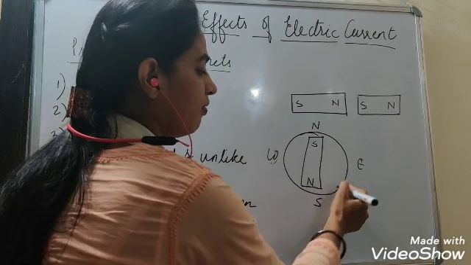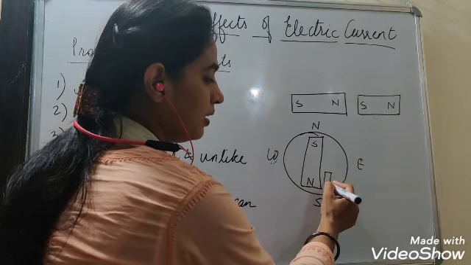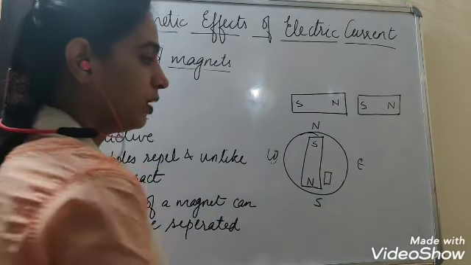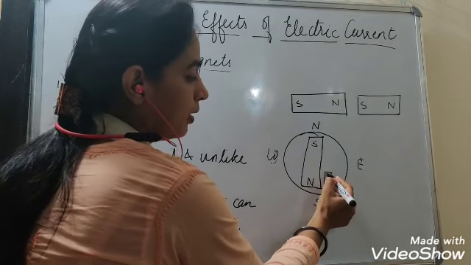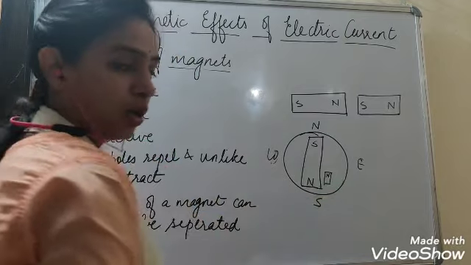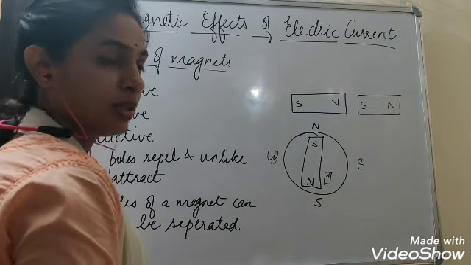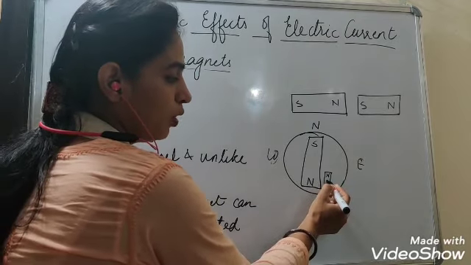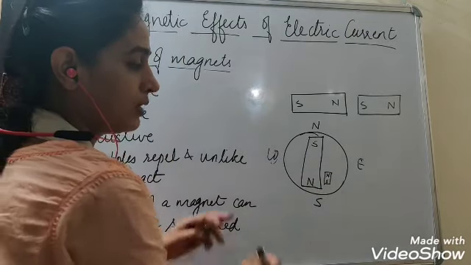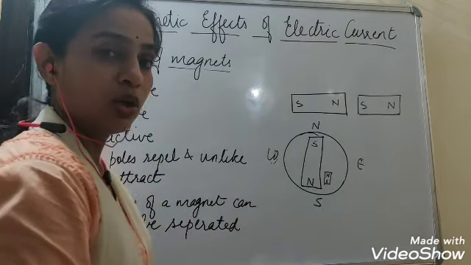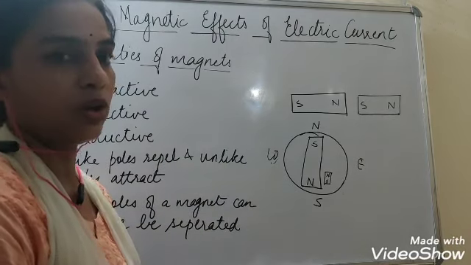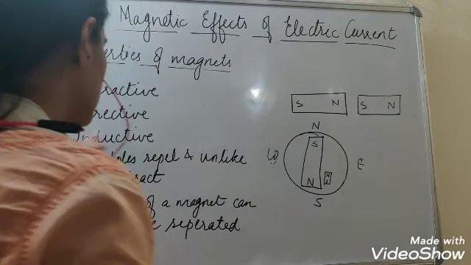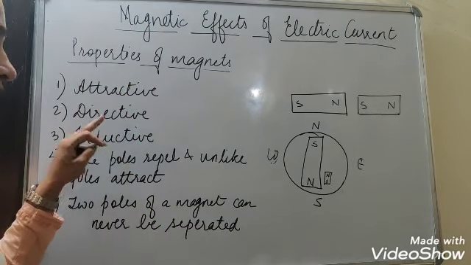That is why when you place a needle anywhere on the surface of the earth, the south pole of the earth's magnet attracts the north pole, because opposite poles attract, and the north pole attracts the south pole. This is how the magnetic needle or the magnetic compass aligns itself in the geographic north-south direction. So this is the directive property of the magnet.